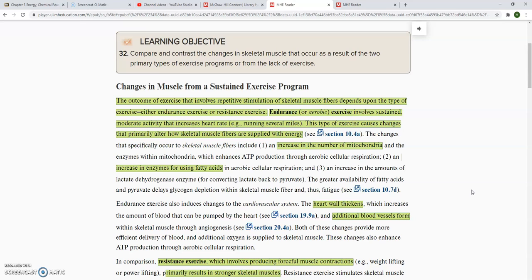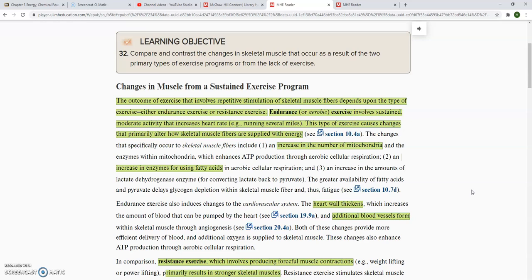And so doing that exercise mainly changes things in your skeletal muscle. Doesn't make them bigger, but it just kind of changes how the energy is supplied in those. So if you do endurance or aerobic exercise, you're going to have changes that will allow your skeletal muscles